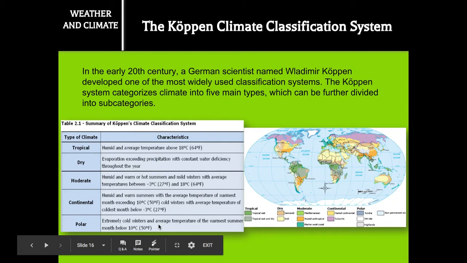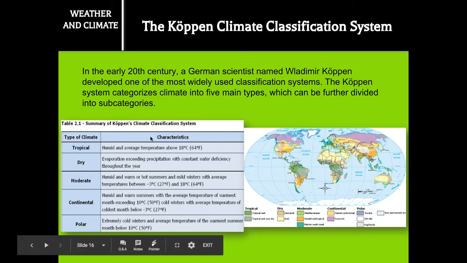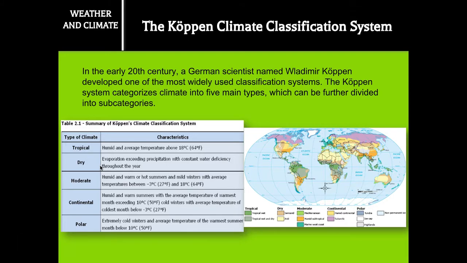And let's go to the very last thing in our notes. All right, you don't have to necessarily write anything here. We just have some questions to answer. So, how do we classify climate? Like, how do I describe climate to different people? I'm going to use these systems. Now, this is a fairly broad overview. It does get more specific than this, but this is all I need you to know. Be able to read this chart.